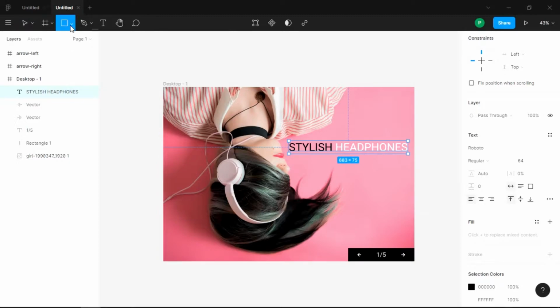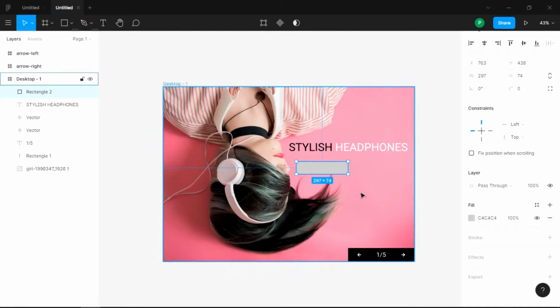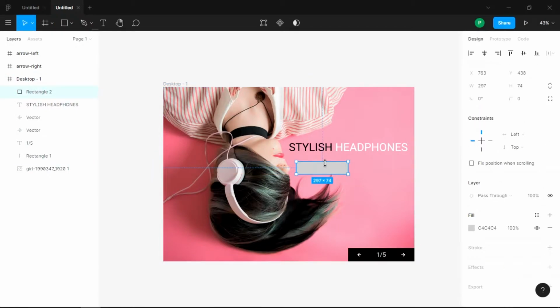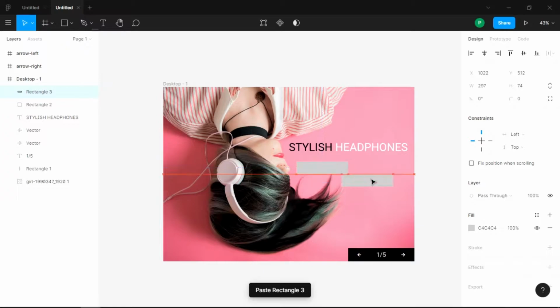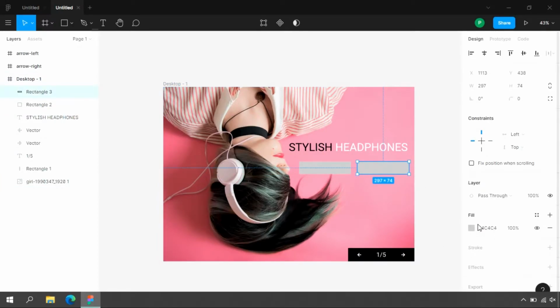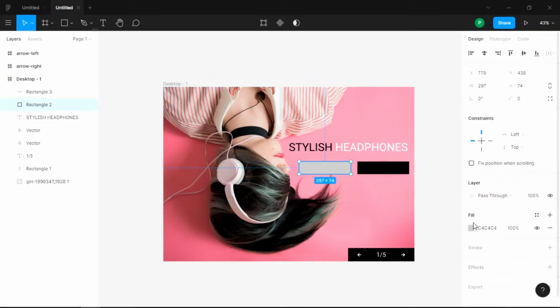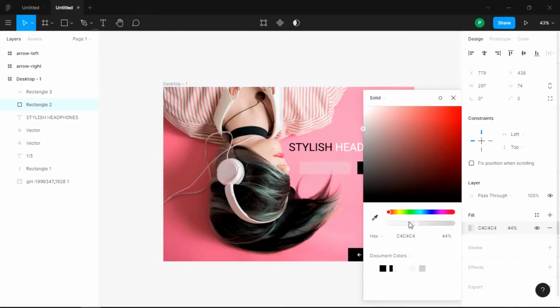And let's just insert a rectangle here for a button. Make this like 257 into 74 or even keep this 297. It's fine. And just Ctrl C, Ctrl V and fit them properly. They should be properly aligned horizontally. So let's just change the color to black of this right button, complete black, that is hashtag 000. And let's just make this transparency to 0.